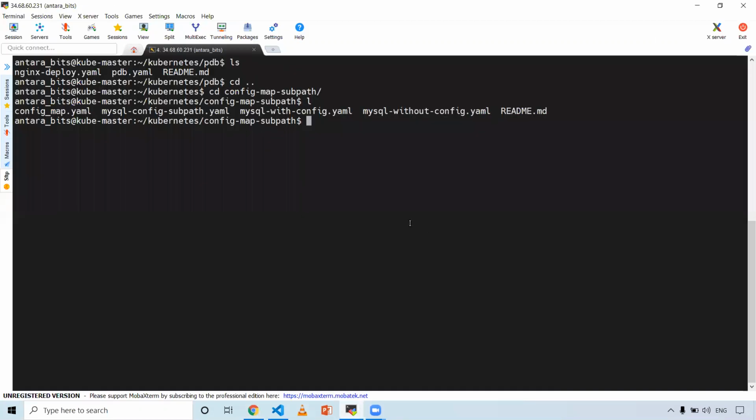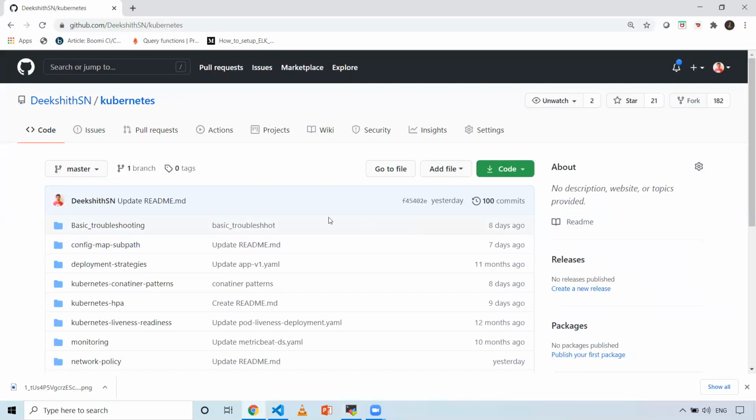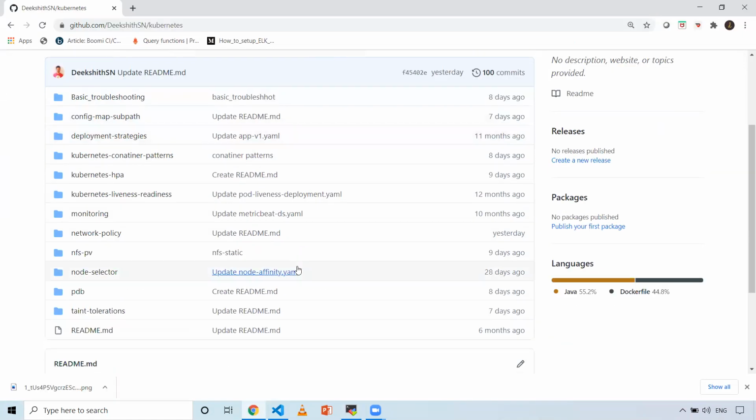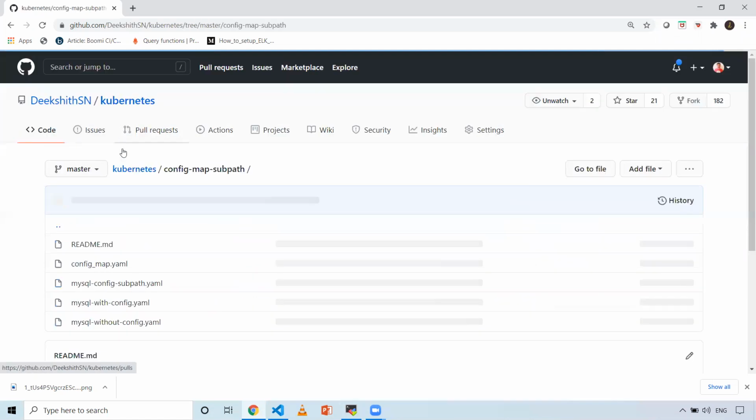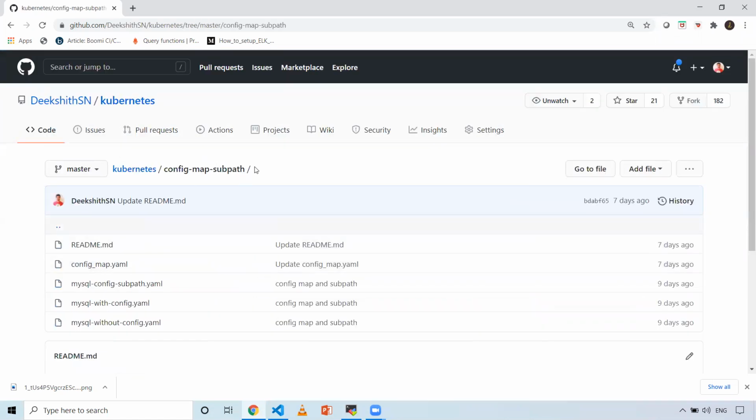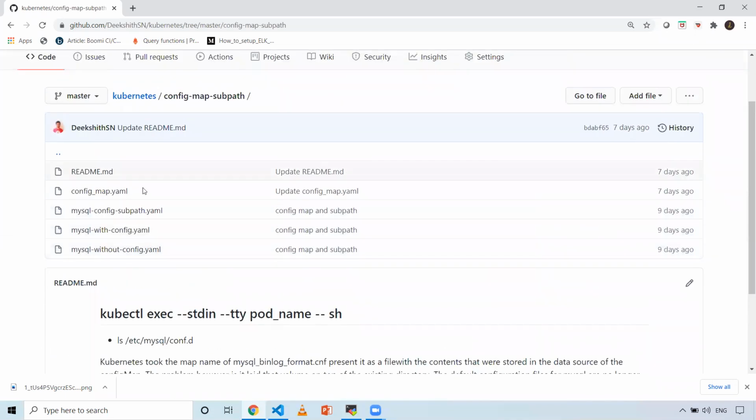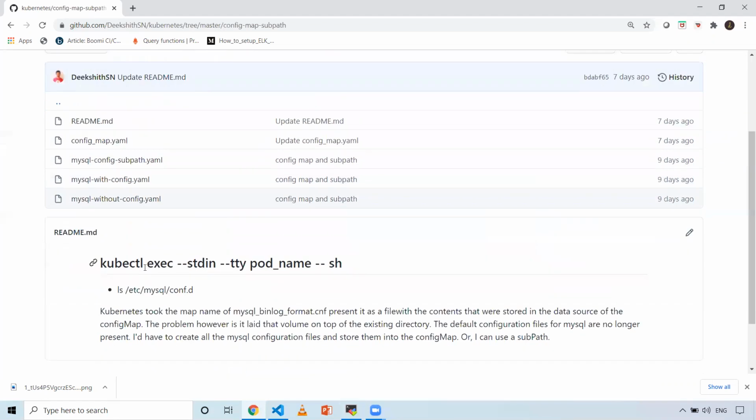So I'm in my Kubernetes cluster. Whatever files I'm gonna use for this video, I've already uploaded them in config map subpath. I'll be using these four files to explain this demo, and I've also given the commands that I'm gonna use.